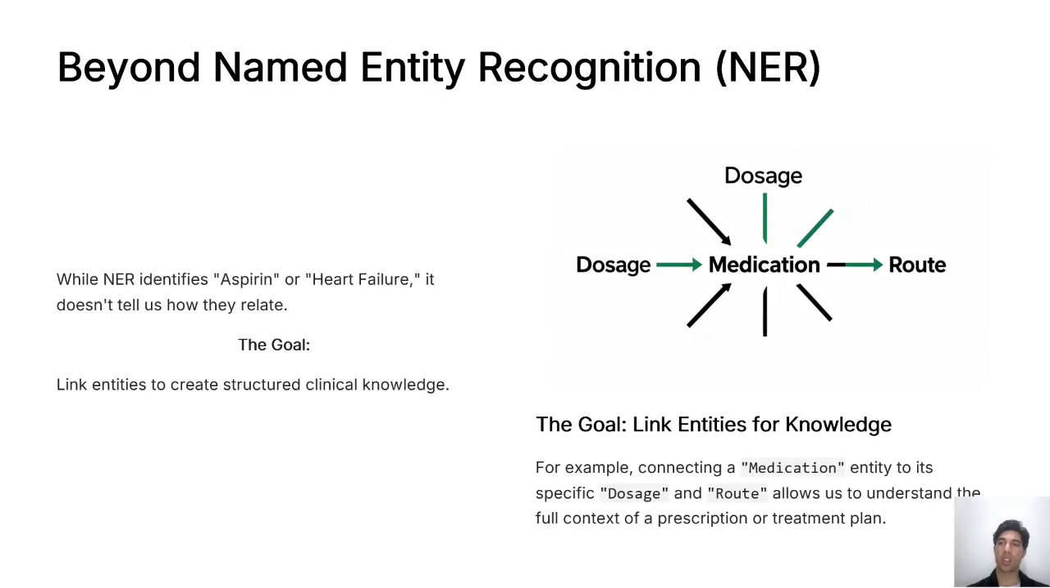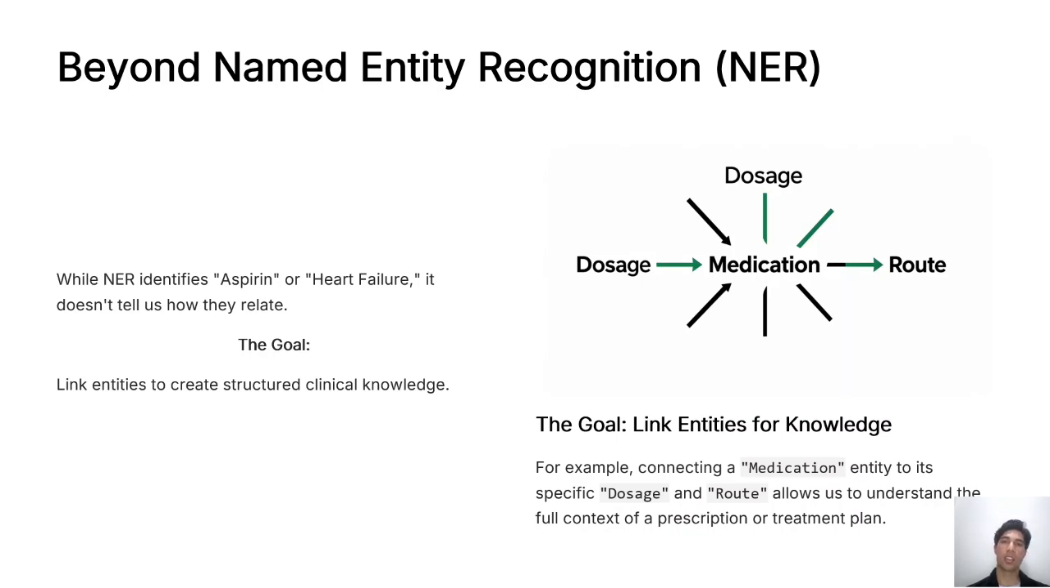Let's start. First, we have named entity recognition. What named entity recognition basically is that it identifies entities from the medical text corpus and it classifies them as predefined entities. Like that could be a medical condition, it could be a medicine, etc. So, while NER does identify the medicines like aspirin or the medical conditions like heart failure, it does not tell